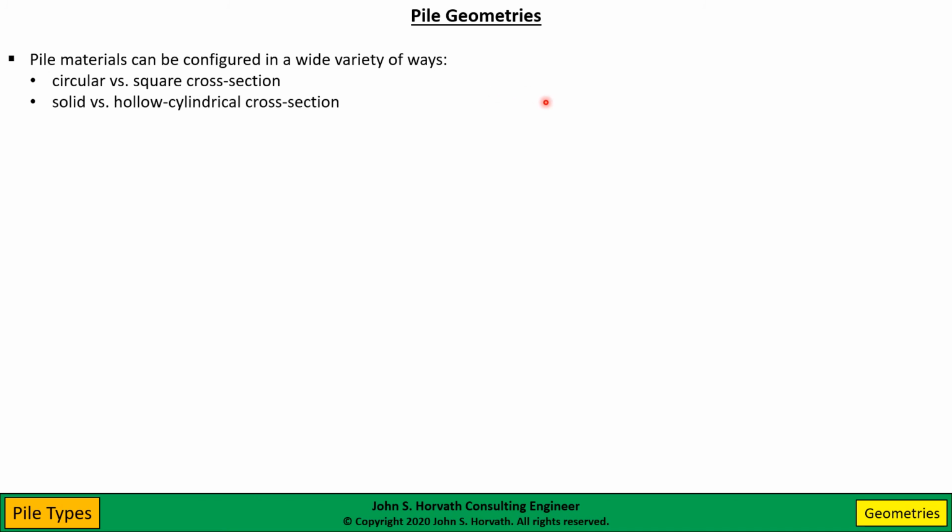They can have a solid or hollow cylindrical cross-section, and by hollow cylindrical I'm talking about the final pile geometry. I'm not talking about steel pipe piles where you drive the hollow pipe and then you fill it with fluid concrete after driving. I'm talking about a pile that remains hollow throughout its life, and these are typically precast concrete piles